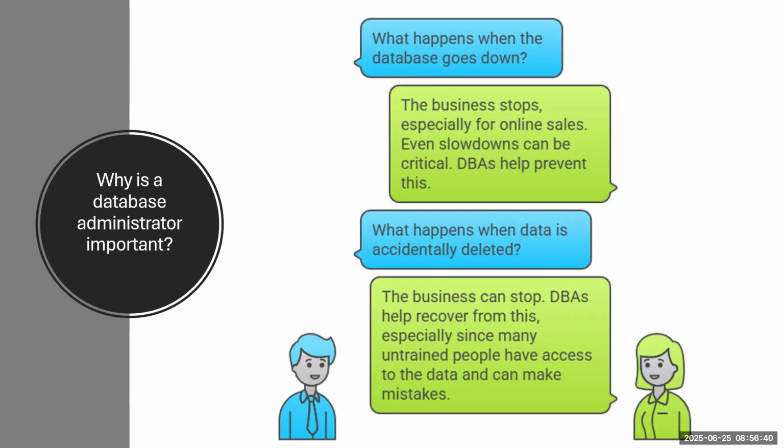So DBAs are mainly there to protect services, to protect against slowness, to maintain the services, to maintain the performance, and to recover the data in case it is accidentally deleted, or in case it is affected naturally. We can't predict nature, sir. Suddenly something may happen, and then definitely DBAs will come into the picture. I hope you understand what DBAs are doing exactly.